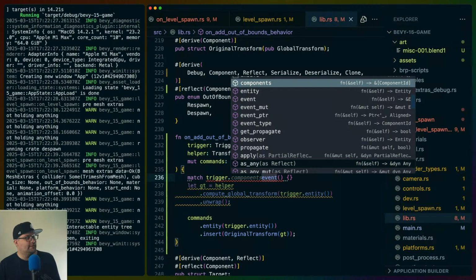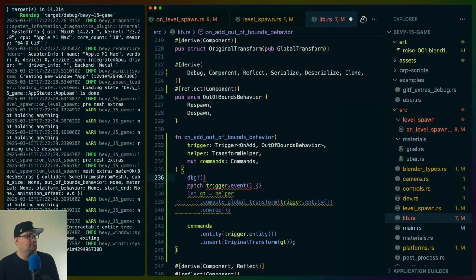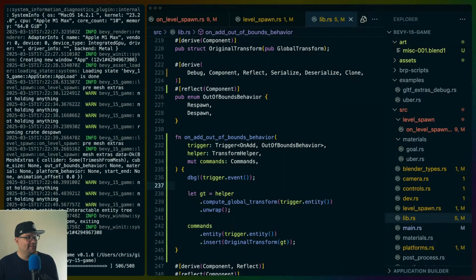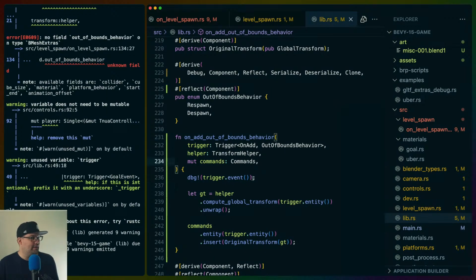I guess the event doesn't have what I want. That's fine. I just thought it did. Oh, it's going to break because of the other thing. Okay. Anyway,